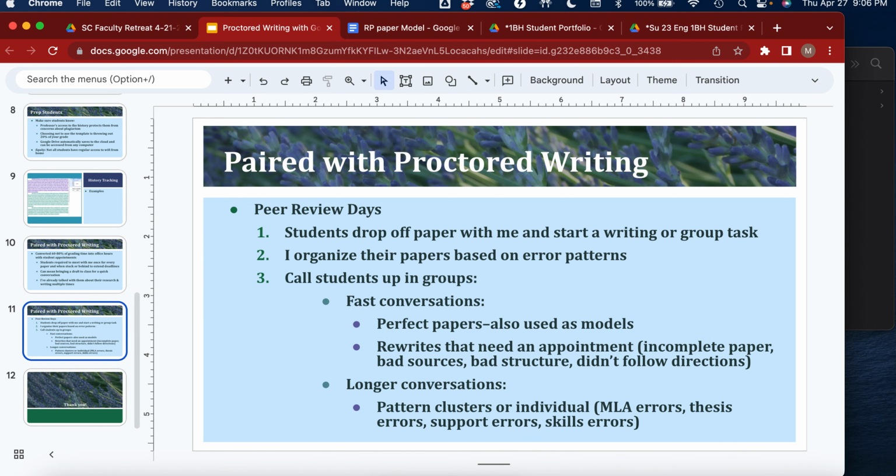Then I call students up in groups and I try to mix up how I pull the groups so that it's not obvious who I'm pulling when. The fastest conversations are obviously going to be the perfect papers, and they're also the students I use as the models. The rewrites are also very fast, because they have fatal flaws going on in their paper. Maybe it's incomplete, they have bad sources, bad structure, they didn't follow directions. I make that a 2-minute conversation where I'm explaining to them, like, oh, I see this is going on. You need more time than I can do today. Sign up for an appointment and we'll go into it in depth